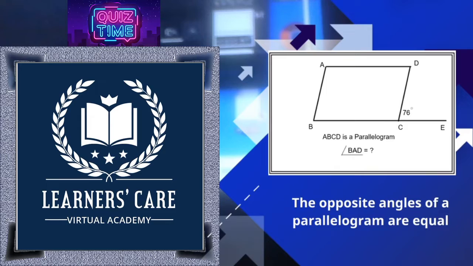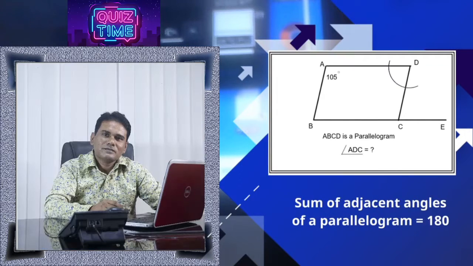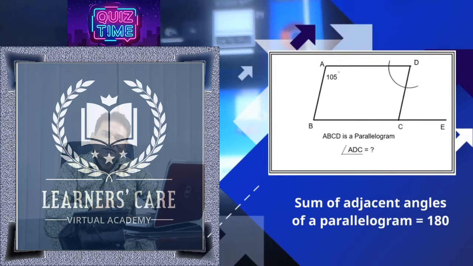In this diagram, the parallelogram ABCD has one of the angles given inside, and you have to find out the value of the adjacent angle ADC. You know that the sum of adjacent angles of a parallelogram is equal to 180 degree. To know the value of ADC, you have to subtract the given value from 180 degree to get the value of the angle. Then in the next diagram,